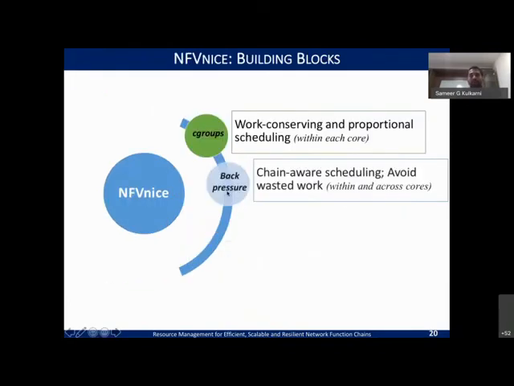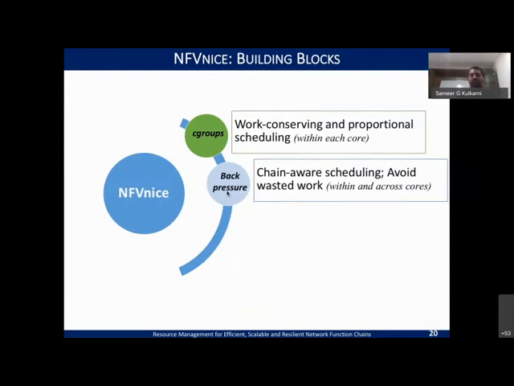Okay, so we said we address the first pass, and now we look at how we can address the second scheme, that is chain-aware scheduling. And for this, we use a concept called back pressure. And this back pressure is very common in our day-to-day lives. And we just bring this in networking, also has been studied in wide scope. And we try to take advantage of this back pressure scheme and see how this can be leveraged for our scheduling work.